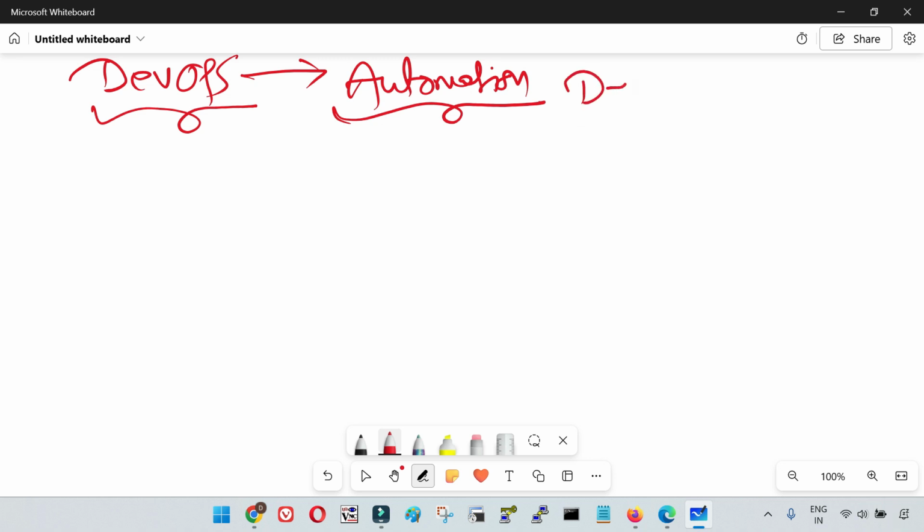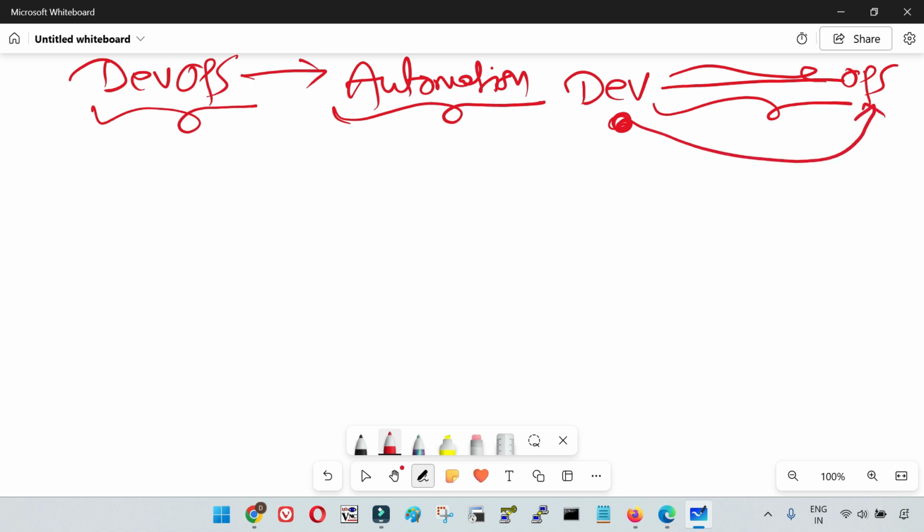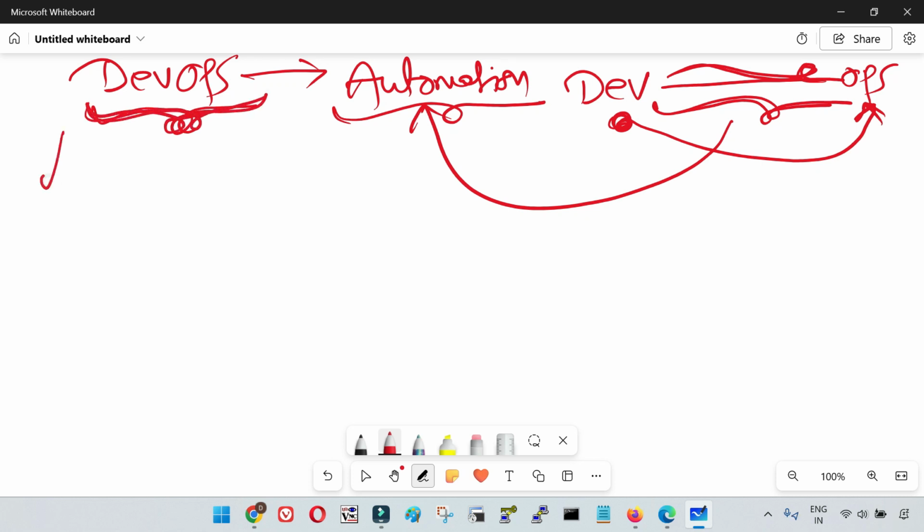Whatever steps we follow between your development and operations, that means once the code is developed and then it reaches your production environment, in between, whatever steps we have been doing manually need to be completely automated with the help of DevOps. So DevOps is a logical term